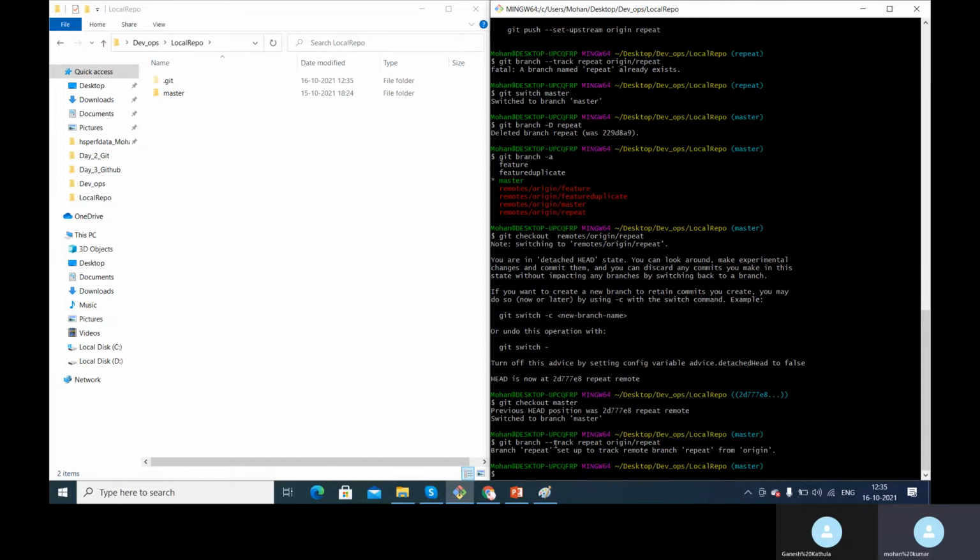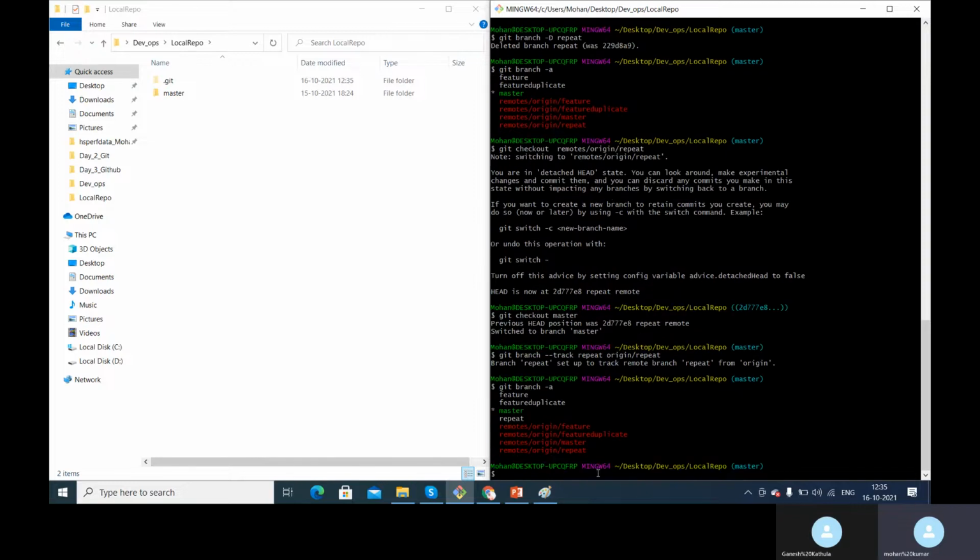So this is git branch --track repeat origin/repeat. Now a repeat branch got created, and it is saying branch repeat set up to track remote branch repeat from origin. Origin is nothing but an alias for the remote repository URL. Now let's see the branches again, all the local branches and the remote branches. When I say git branch -a, we have a repeat local branch. We also have a remote tracking branch.